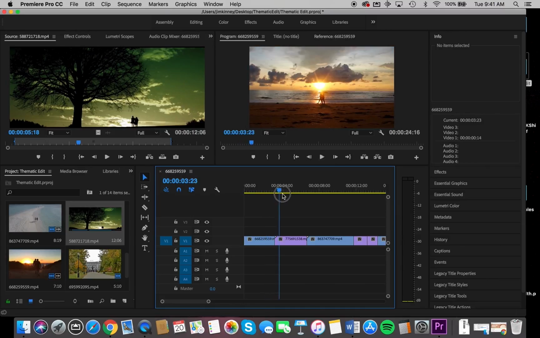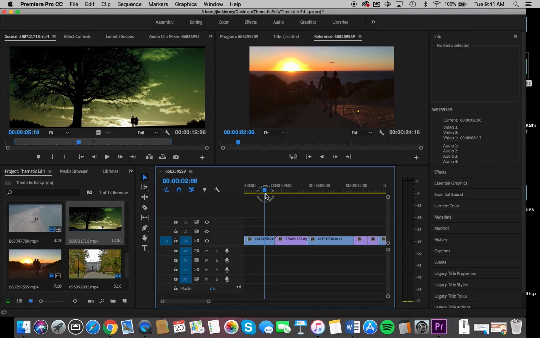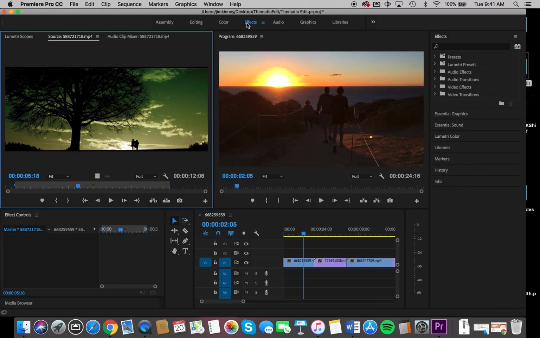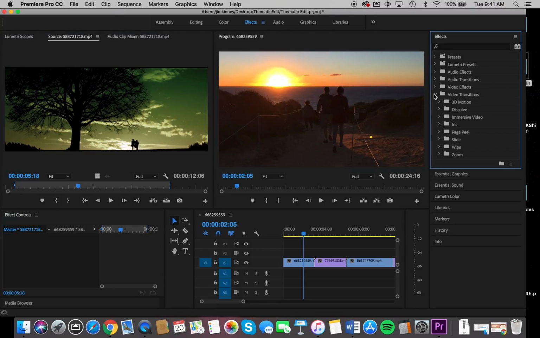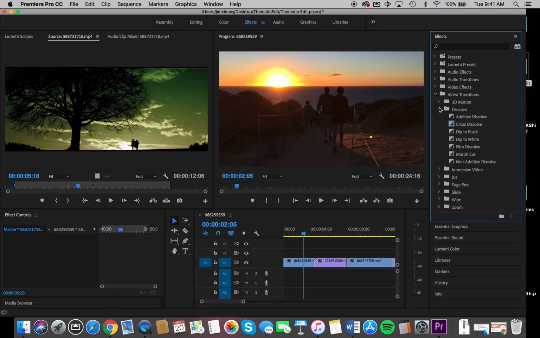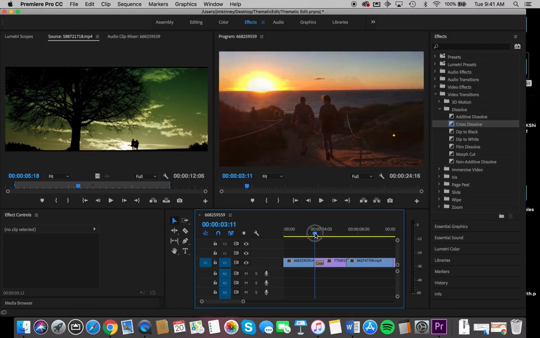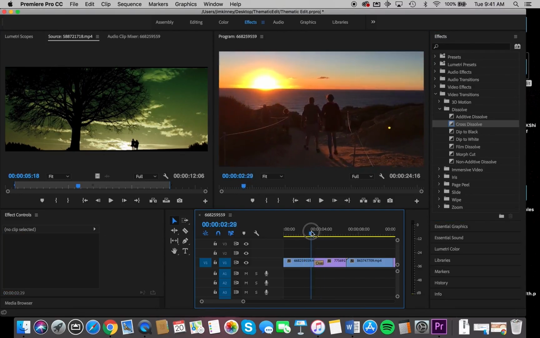Now some of these are very nice soft transitions here. And this is a point at which we can bring in some different effects. If we look at our effects menu, we've got a number of video transitions that we can use. And there are some dissolves in there. And we're going to use a cross dissolve. So we just drag that and drop it on. And we can see that as it plays, there's a nice little transition that takes us from sun to sun,